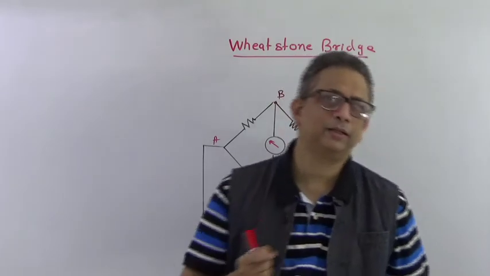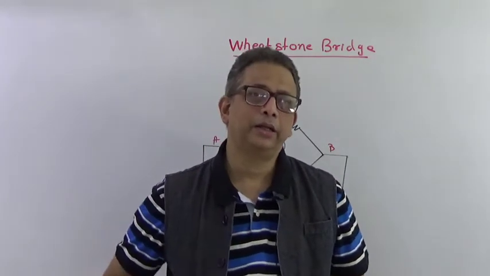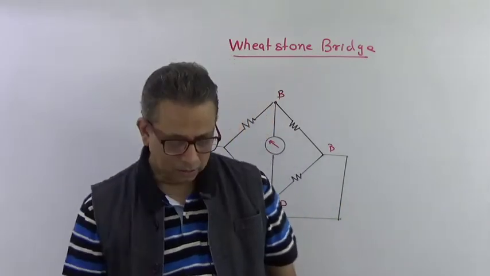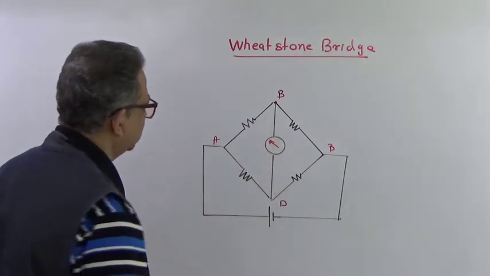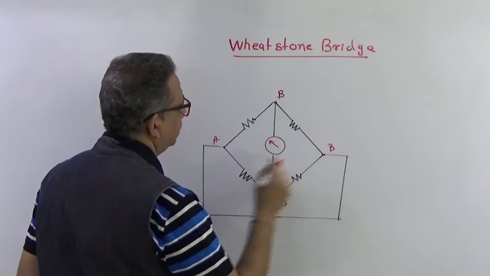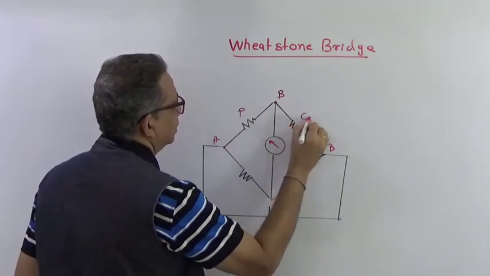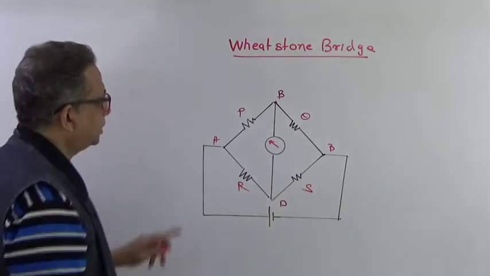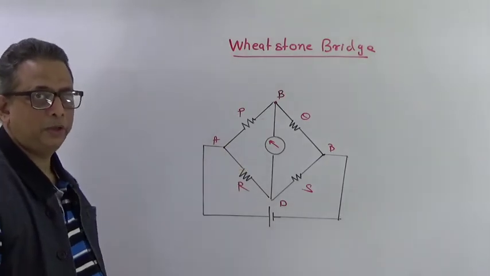A galvanometer is a very sensitive, coil deflection based current reading meter. The current which it reads is in microamperes, milliamperes. So this is the configuration of resistance. As you can see, from A to B, this resistance, let us take this as P, Q, R and S. So this is a bridge of resistance, that is how it is being displayed over here.